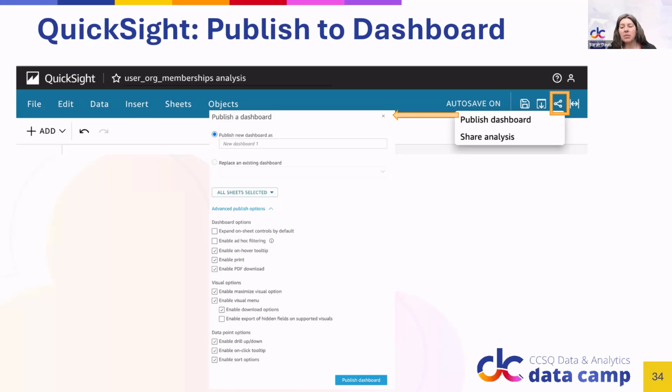And then when you go to advanced publish options, this is where you're going to have the ability to select how you want your end users to interact with your dashboard. So do you want them to have the filter controls, yes or no? Do you want them to enable printing or enable PDF download? You have the ability to control those settings at the time of publication. If you want to be able to, within a visual, drill down from state to county without having to go to the controls at the top, you have that ability to select those. Once you've finalized all of that, you're then ready to publish your dashboard, and then you hit publish dashboard at the bottom. Next slide.